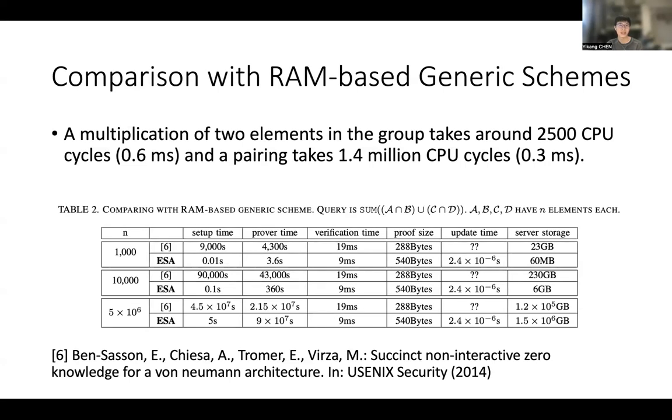And for larger sets, when the set size reaches 5 million, the ESA proof time starts to be slower, and the verification time is still faster than Slugs, as you see. Also, the proof size overhead is only 1.9 times that of Slugs.